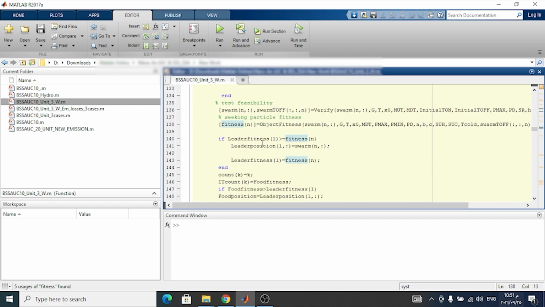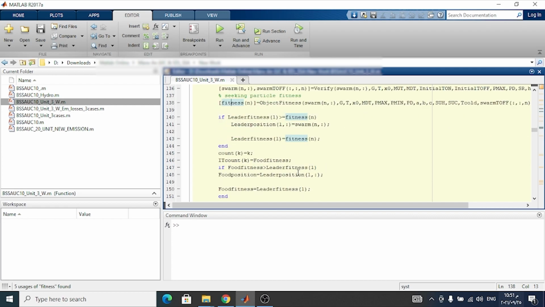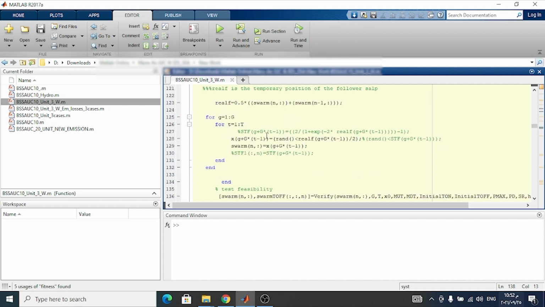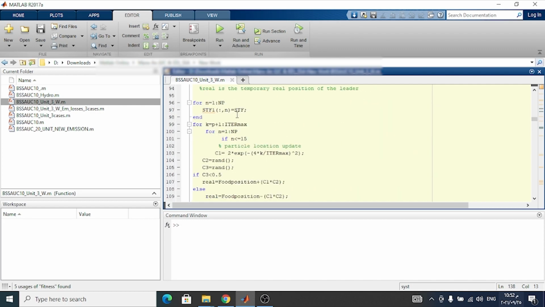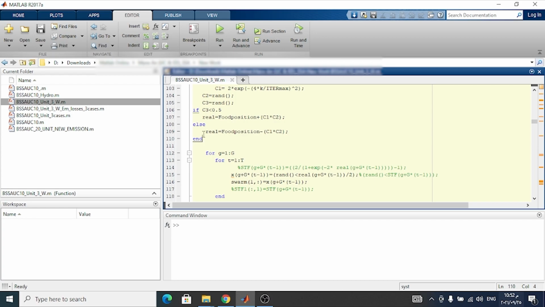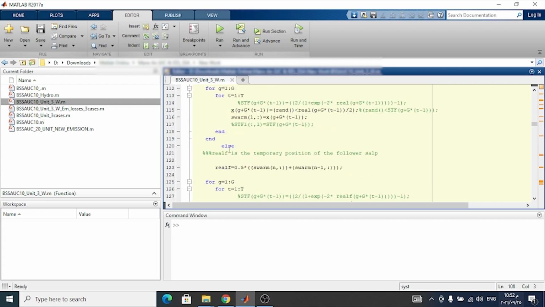If the new fitness is less than the leader's, the swarm will be the leader. If not, the leader will be the same. And this is for if the iteration, as you see here, is less than 15. If the iteration is more than 15, we use another function